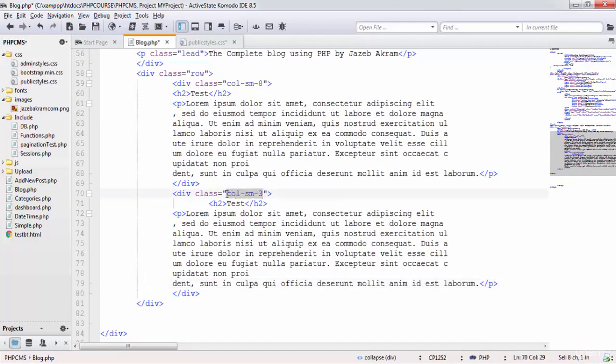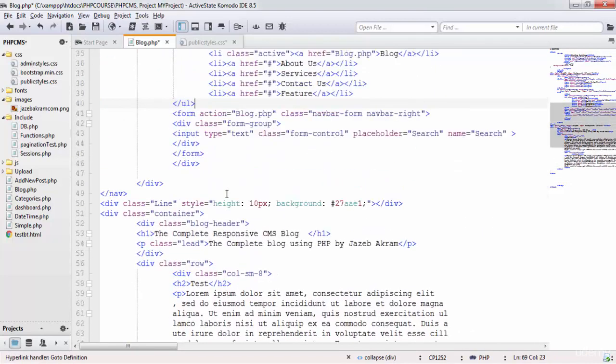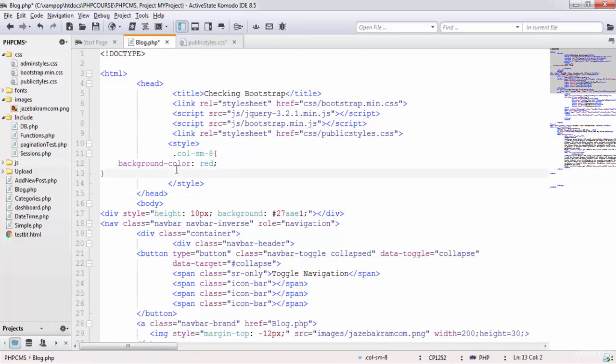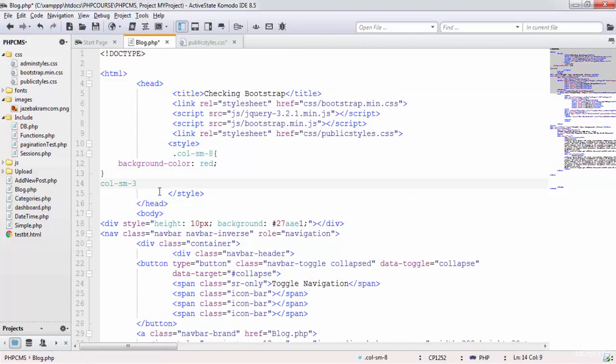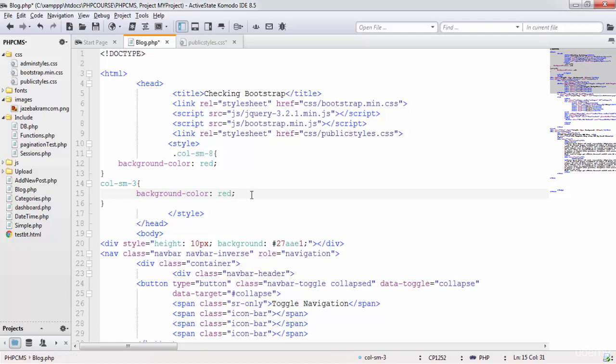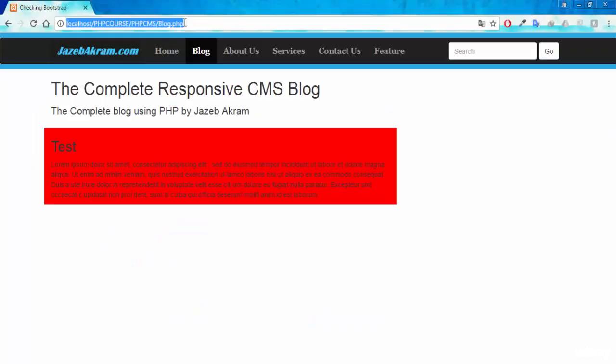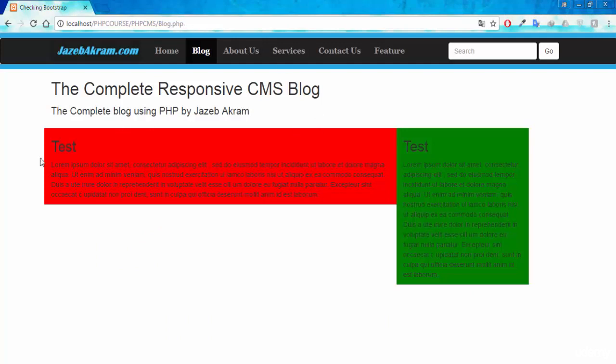Now let's also grab this col-sm-3 class and give it some background color as well. This time I'm going to give it a green background color. This is a very good practice, to add a background color to your classes to know what area these classes are going to occupy. So you can see right after this red we got this side area now,